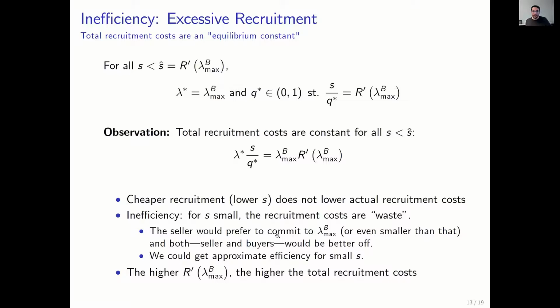Notice one thing that is important now for later, for the more subtle effect: the total recruitment costs here are proportional to the marginal revenue at lambda V max. So the larger the incentive of the seller to recruit bidders, the larger the total recruitment cost. And you know this logic. So what this means is if there is an auction that is able to squeeze out more revenue on the margin, that's actually a bad thing for the seller when S is small.